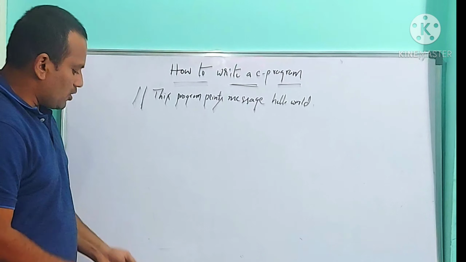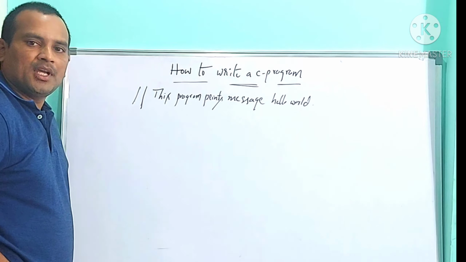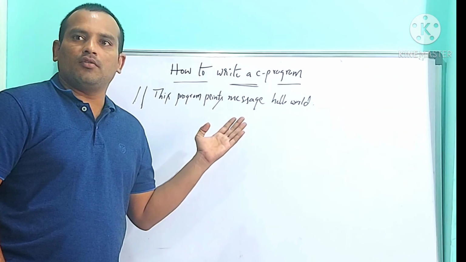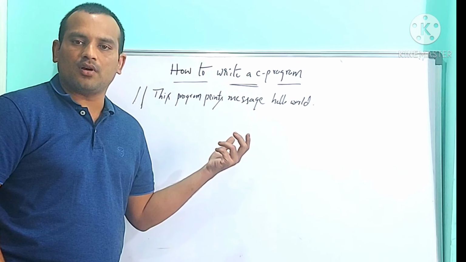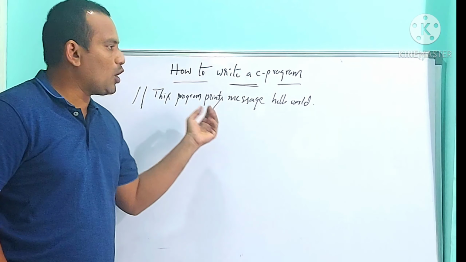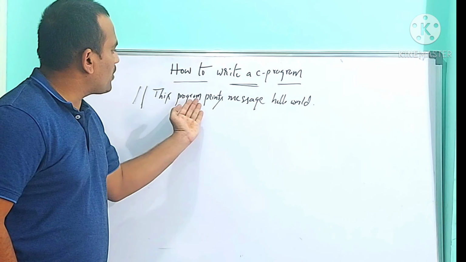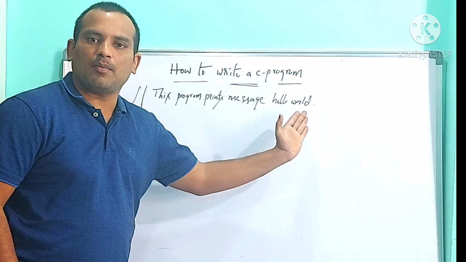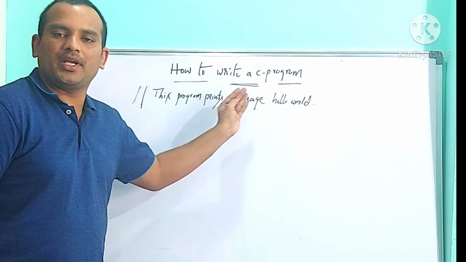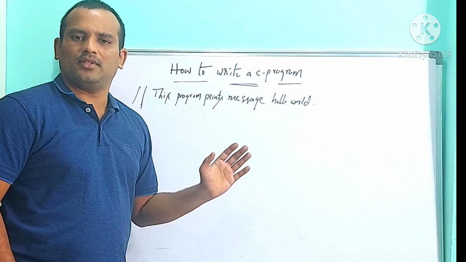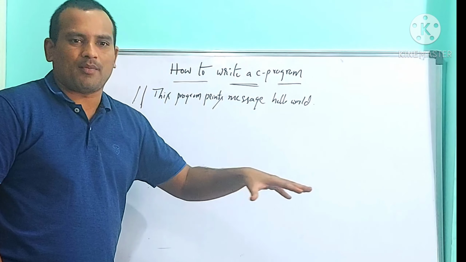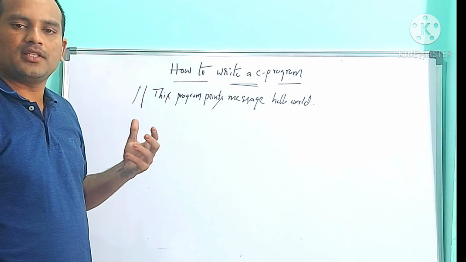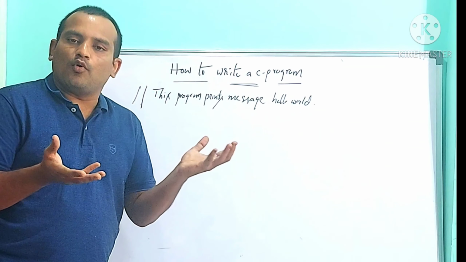So this is the first part we need to write in every program. Suppose in a program you are going to find the biggest of two numbers. Then what can we write in documentation? This program gives the biggest of two numbers. There is no need to follow a fixed format. You can write in your own language, generally understandable by all human beings. You can write some description about the program.